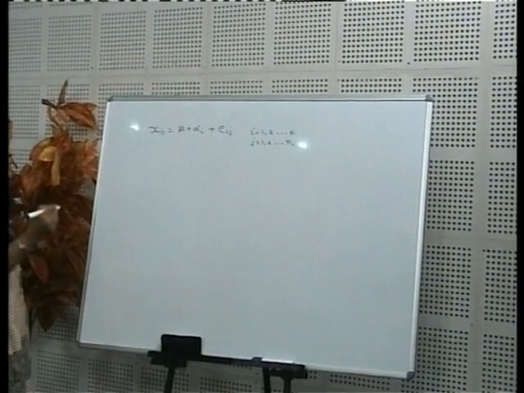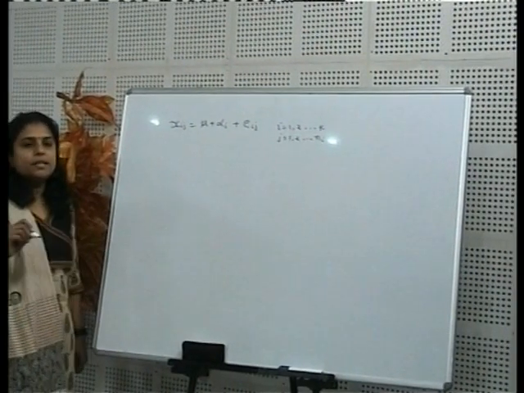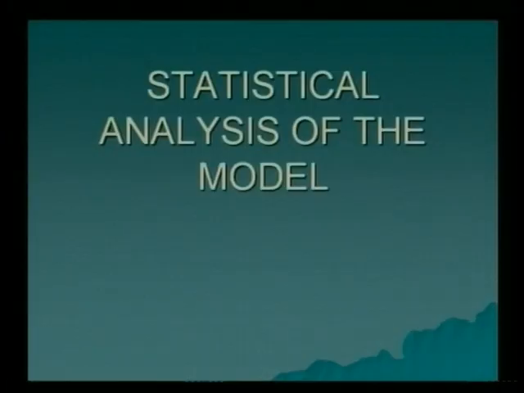Ni represents the size of each class. There are k classes. The variate Xij is divided into k classes, and the size of each class is n1, n2, ..., nk respectively. Now in this, mu is the general mean, which is given by